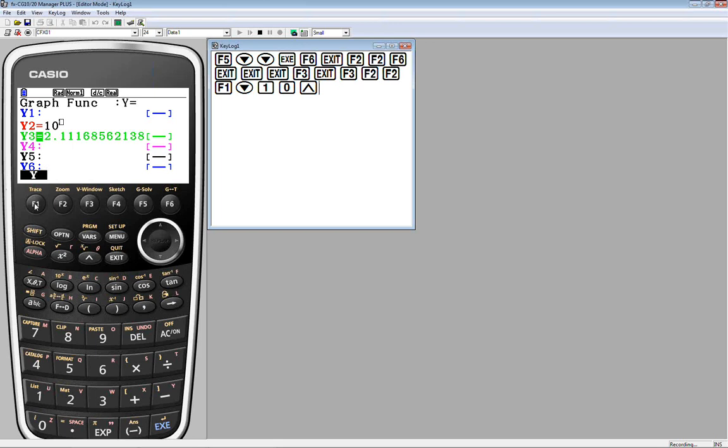Okay? So I have 10. I press the arrow key. Because we're in nice natural display, we have a raised exponent, but that caret symbol doesn't appear. But when I hit F1, Y3. Cool. Don't forget to execute. It should turn red.